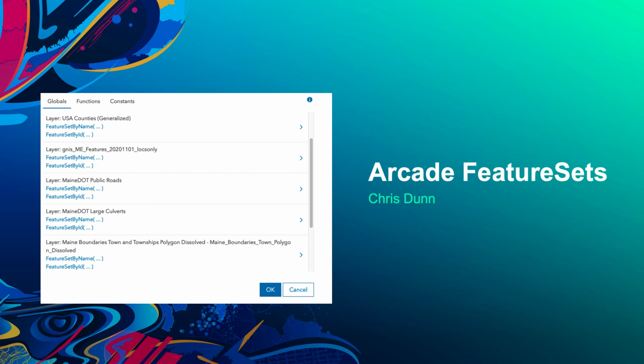Specifically, Arcade feature sets. There's quite a bit you could do with these. For instance, you could use it for workflows where you want to validate your data. Let's say you have culverts with a culvert ID that's associated with a road, so the road ID is included in the culvert ID. You could set up a map where if you tap on the road feature, you get a list of culverts that have mismatched culvert IDs, and then you could go make sure those culverts are recorded in the correct place